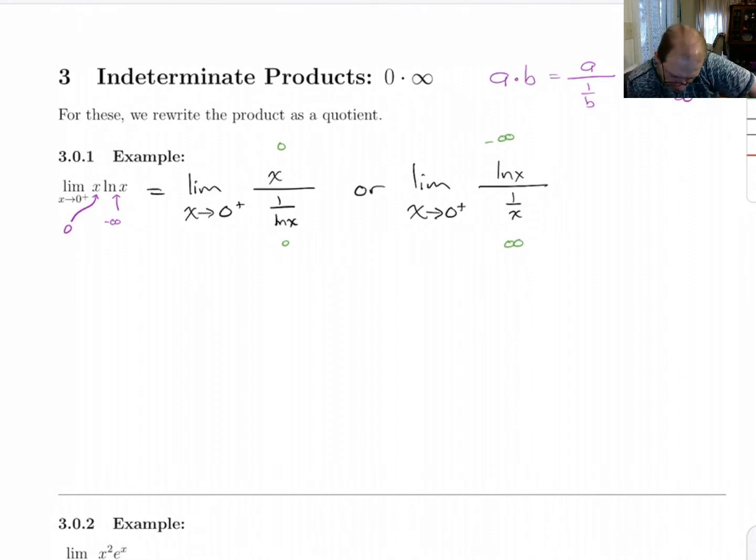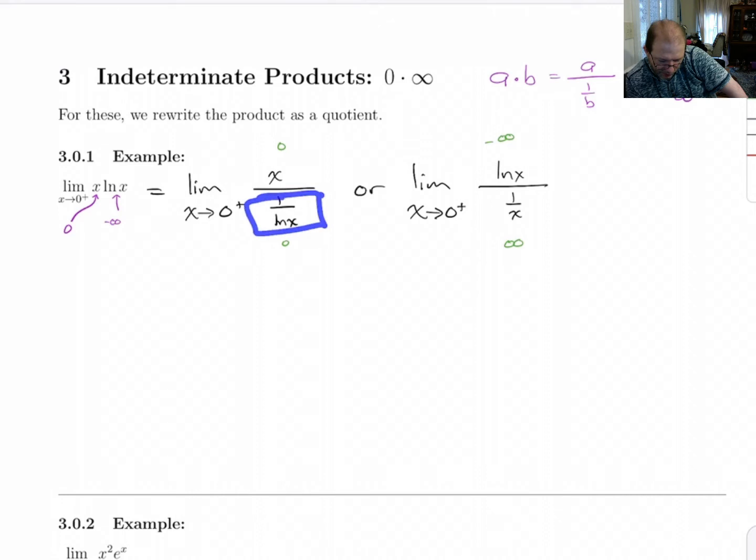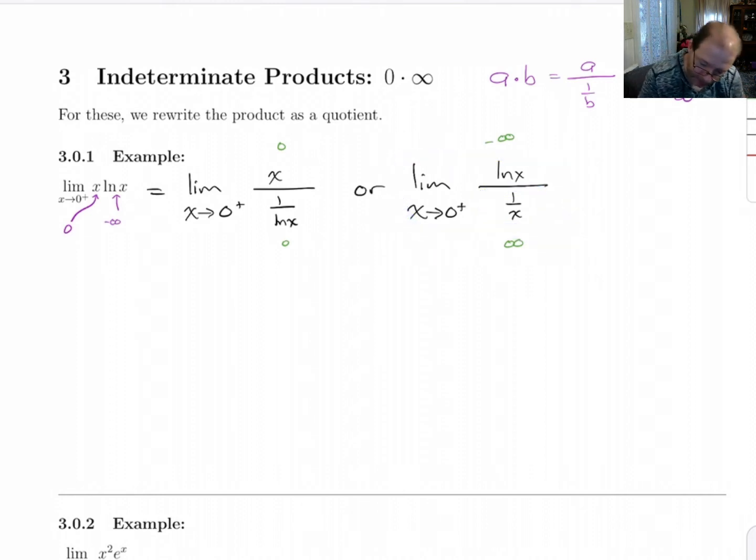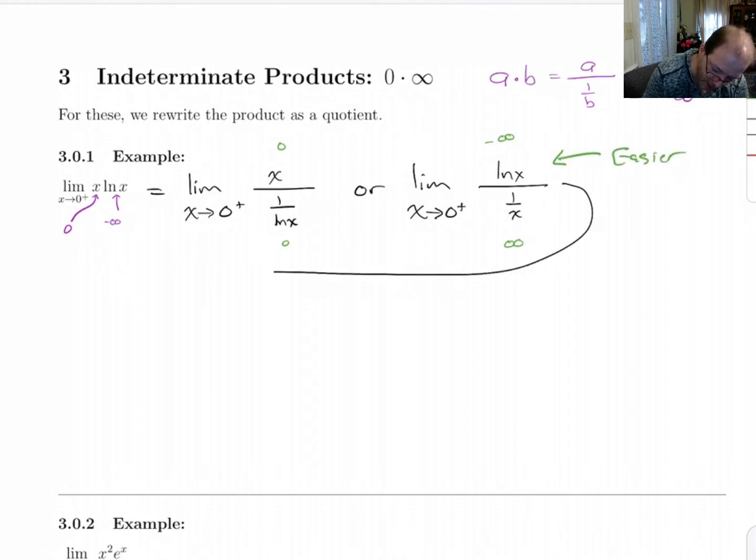And so which one is better to use? Whichever one's easier. If I look at this one, taking the derivative of x is nothing. Taking the derivative of that's going to be a little bit of a pain because we'd have to use either the quotient rule or the chain rule. Taking the derivative of this is easy. Taking the derivative of that is easy. So I'm going to go with this one just because it's easier. So let's take that, and if we use L'Hopital's rule,